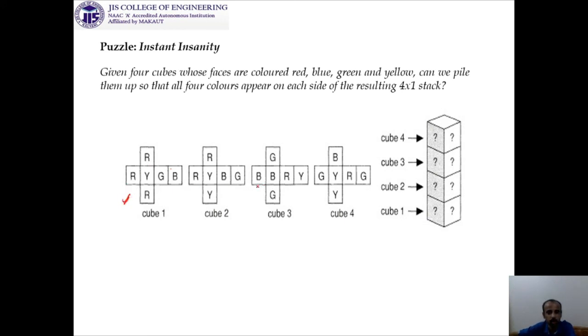So these four cubes are there, cube 1, cube 2, cube 3, cube 4. Can we stack them in such a way that the requirement is met? Please try to think about it, and as you are getting the clue that we are discussing this particular puzzle in the graph theory class, that means it can be possible for us to think about this problem with the help of graph theory knowledge.